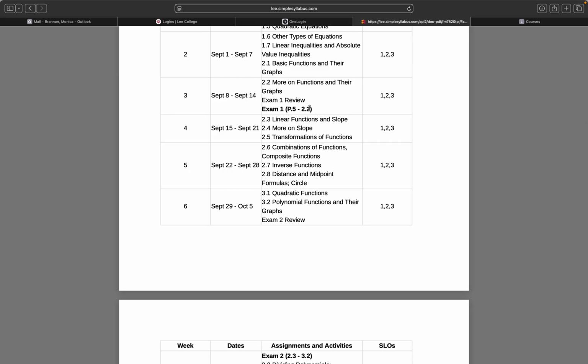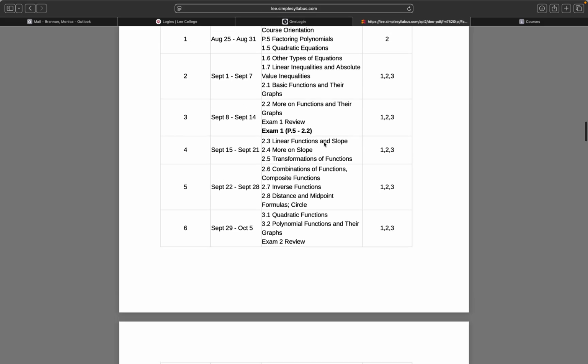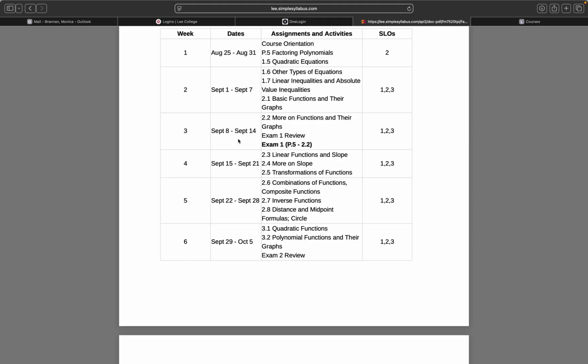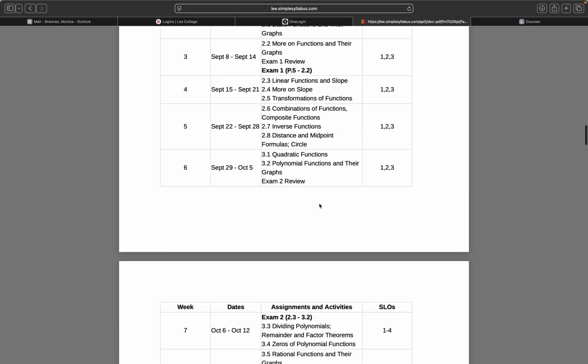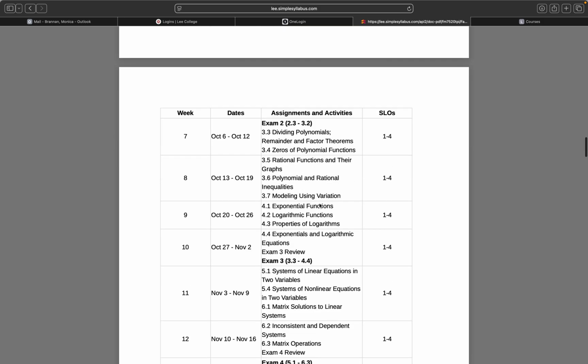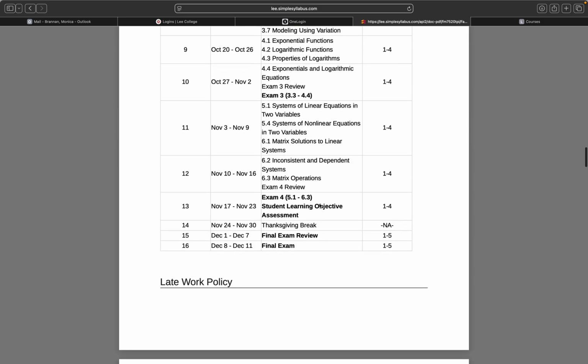This exam will be proctored. It will be locked down with a passcode, and we will discuss that. I'll send out information about that when we get closer to that. Of course, notice this is the third week of school that we will have that first test. Okay, and so this goes through all information right here.